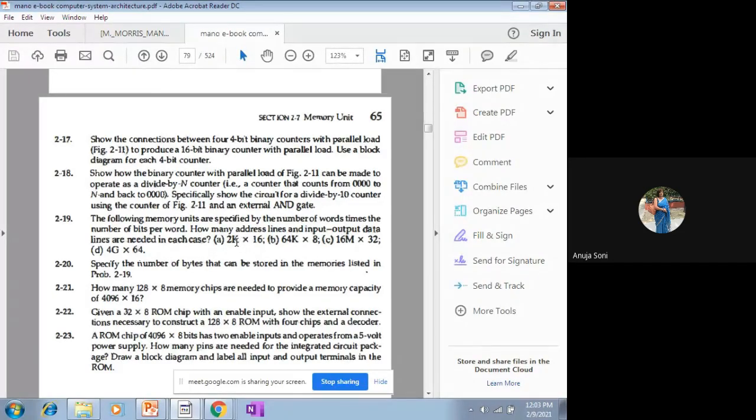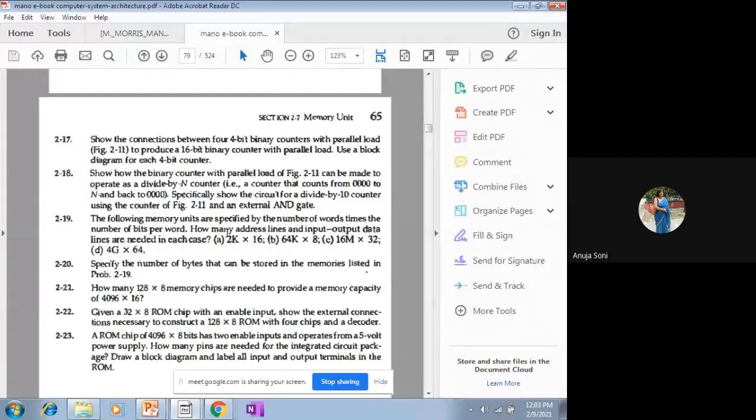Like this is a part. What is the given memory size? 2k into 16. How will you interpret this memory size? 2k number of words are there in a memory, and the size of each and every word is 16. K stands for kilobyte. Kilobyte means that will be equal to 1024 bytes. On the basis of this given information, as given in A part, B part, C part, as well as D part, all these different memory sizes are given. And in the exam, you can get this kind of question of 2 marks each.